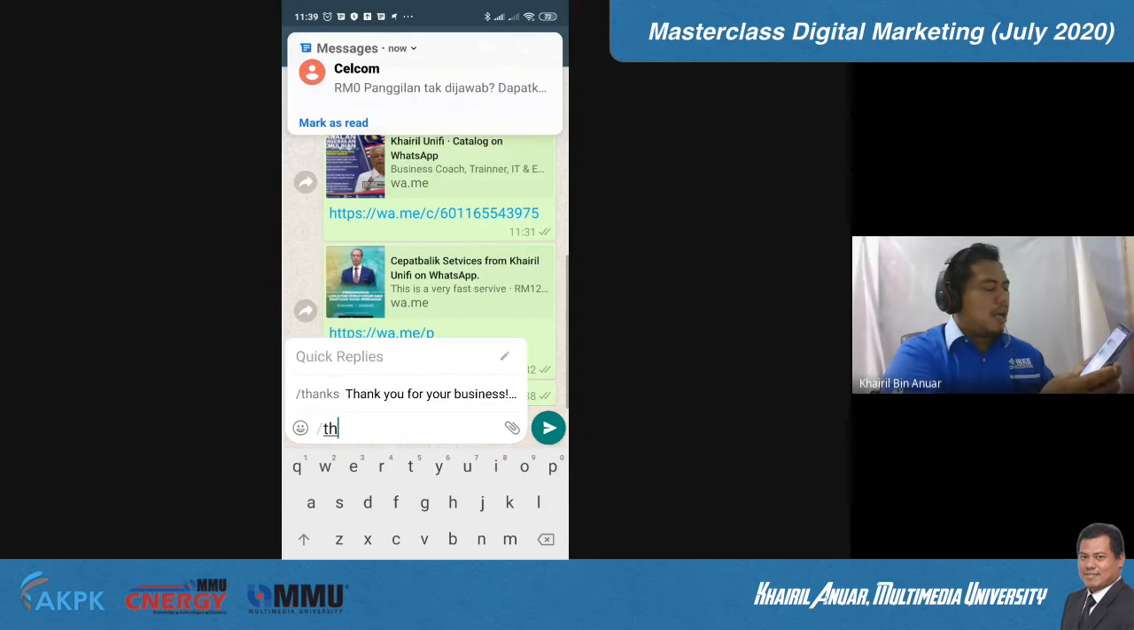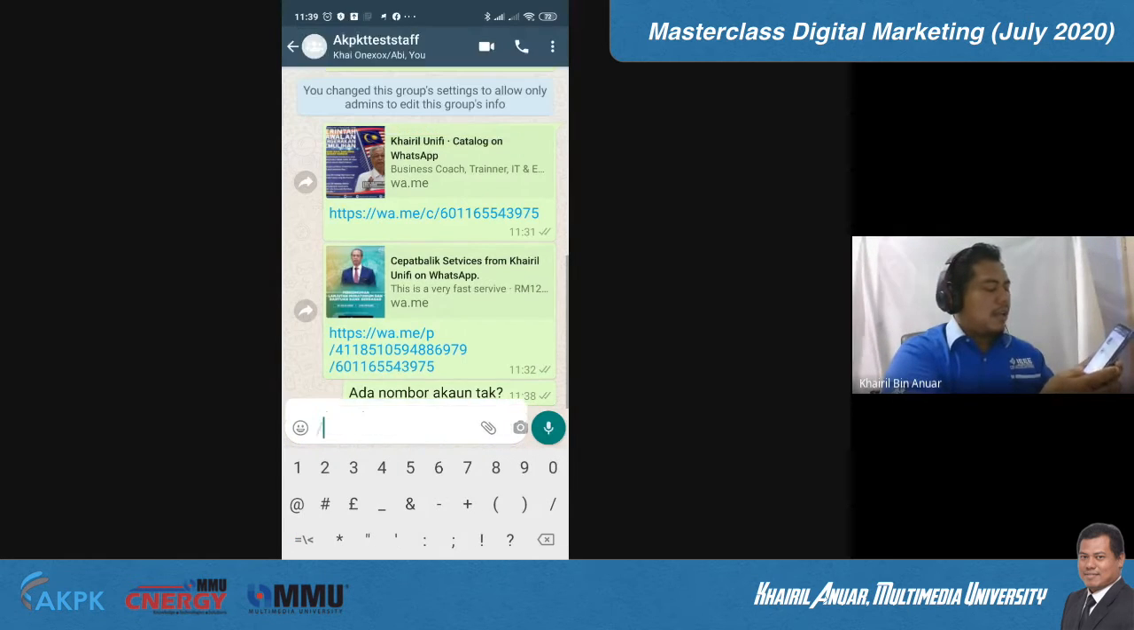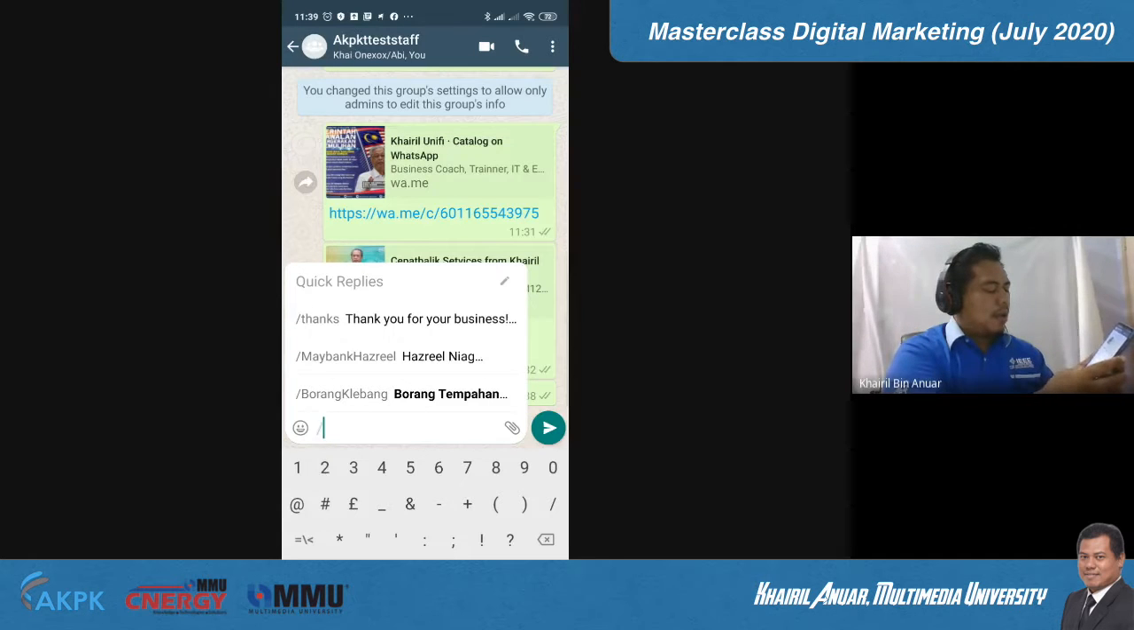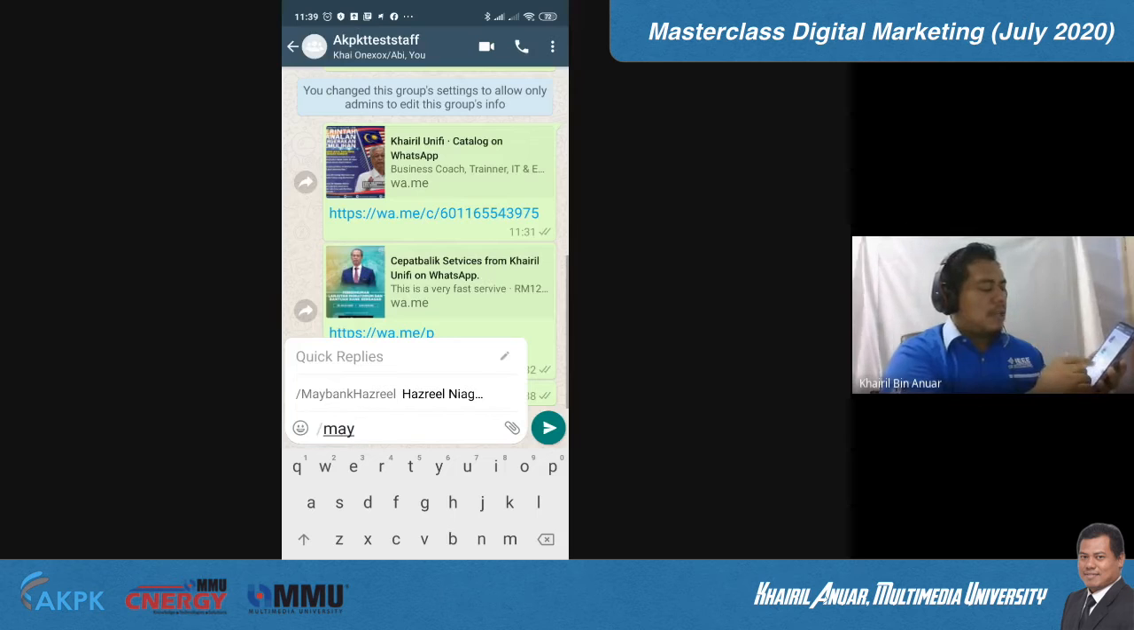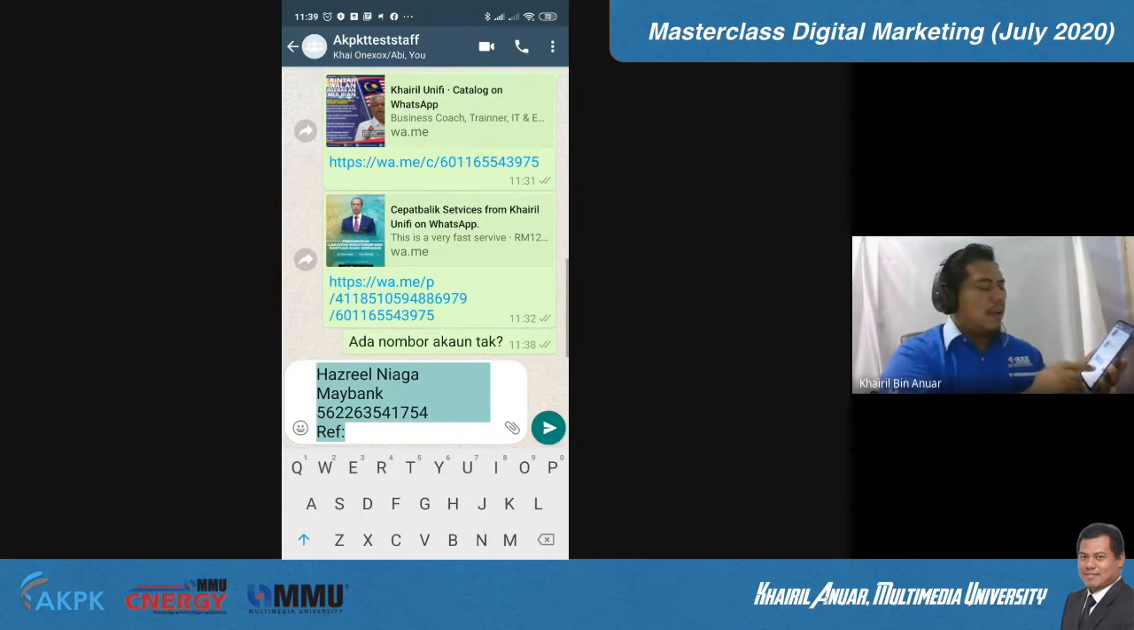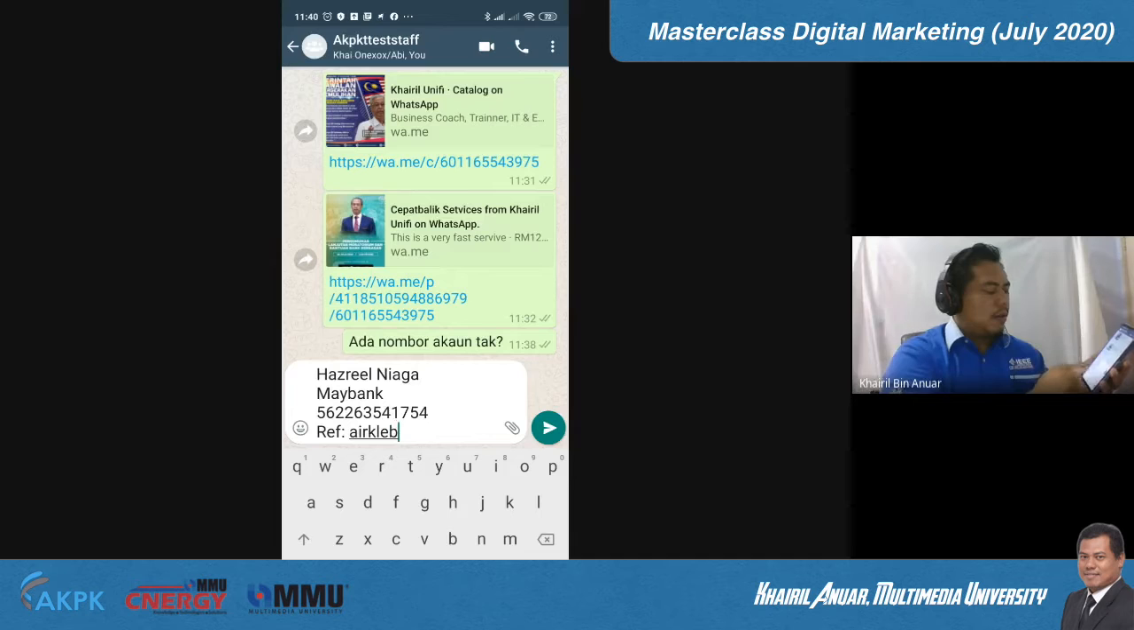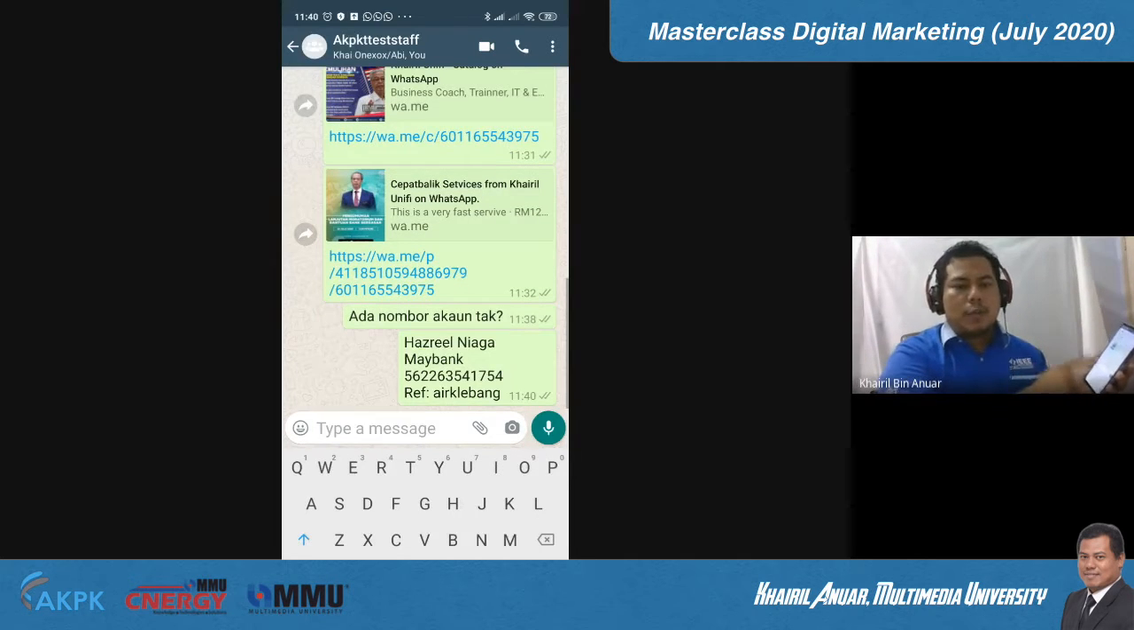THA, or this one they ask me for account. So backslash, maybe Maybank. Okay, if you have a lot of this quick reply, Maybank. So you know that this is the code for your account. So just click there, and actually you have already all the account information. Maybe you put a ref. Maybe this is for Air Kelebang. Okay, and then you enter. So it is very quick to reply to any of your customer